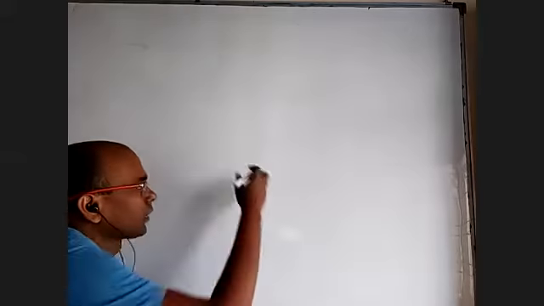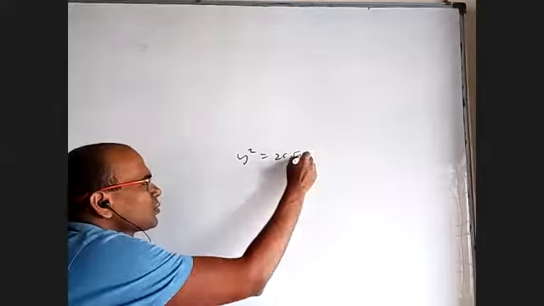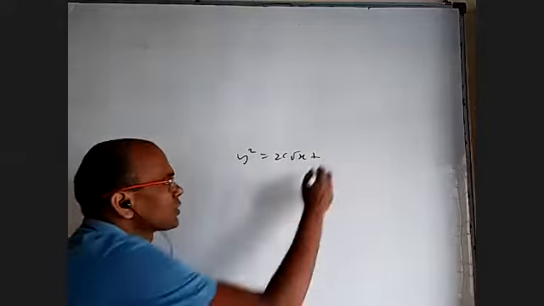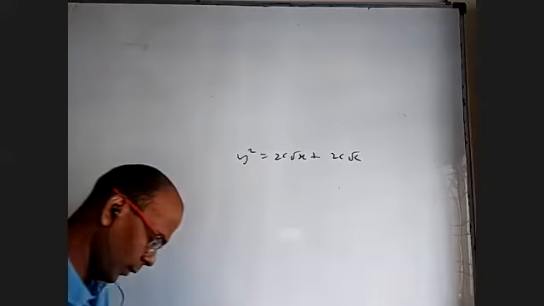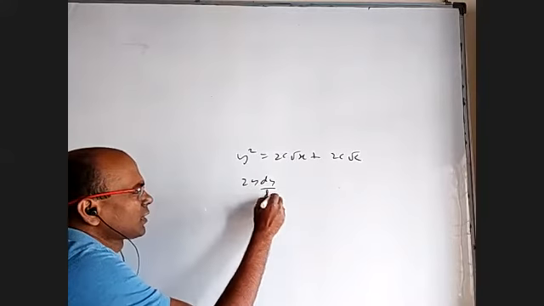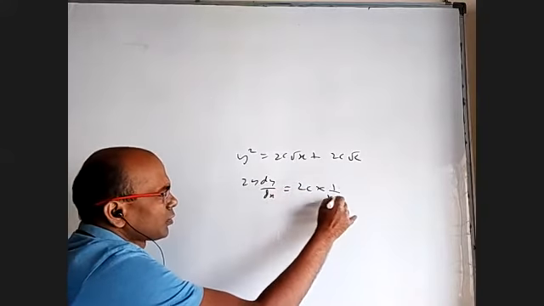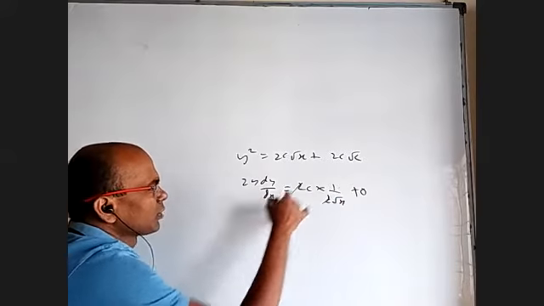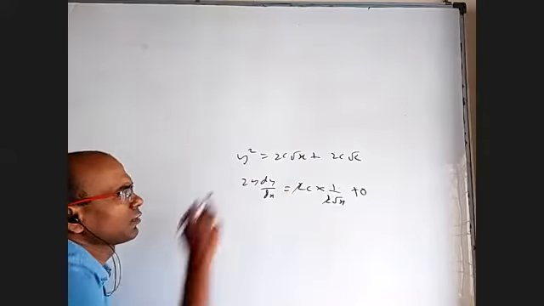Okay. So order can be found out without even finding the differential equation, based on the number of unknowns. But degree for that we have to do. Okay. So y square plus 2c root x plus 2c root c. Okay, let us see how to find the differential equation. When you differentiate, 2y dy by dx is equal to 2c into 1 by 2 root x, and the derivative of a constant is 0. 2 will be gone. We want to eliminate c, so find c and we'll put it there.